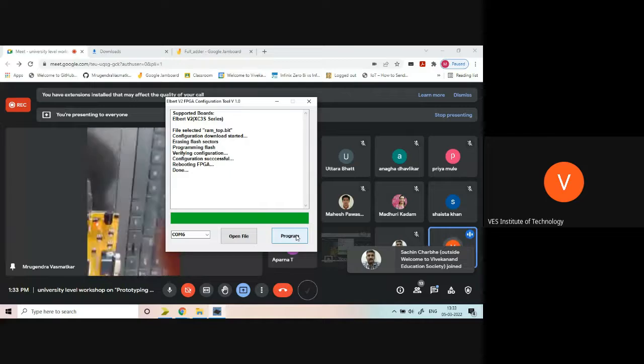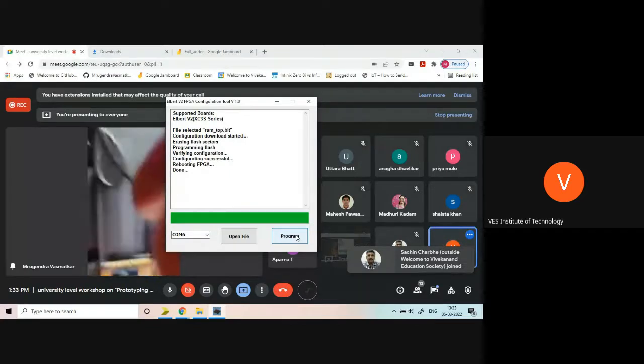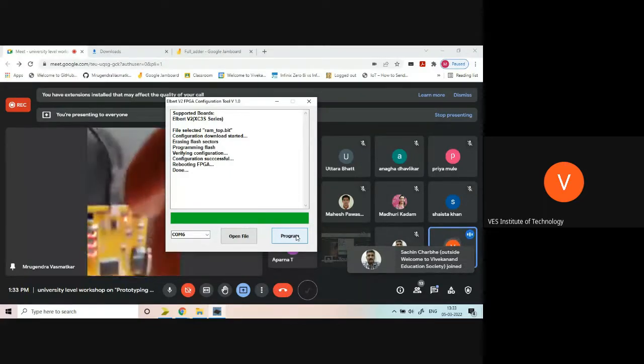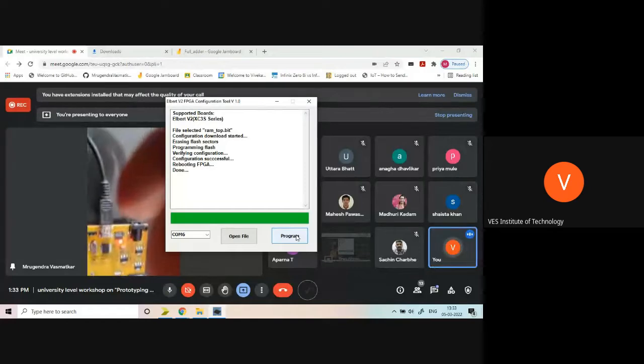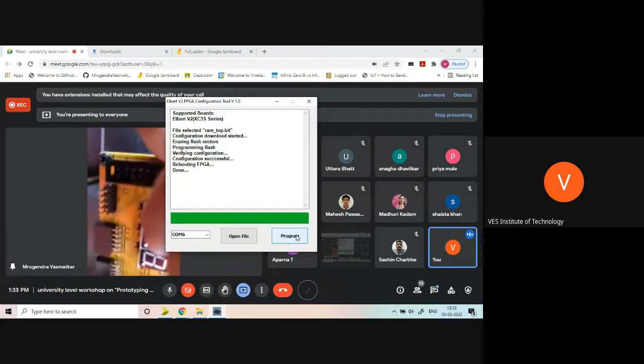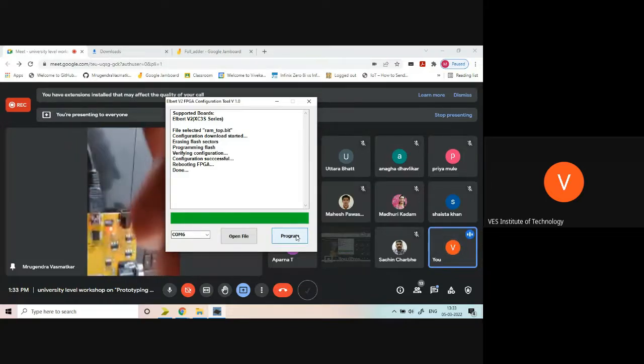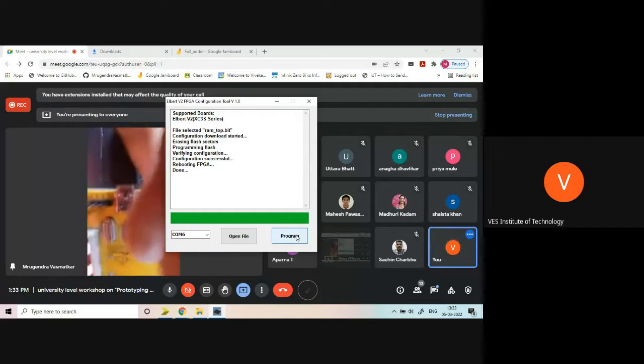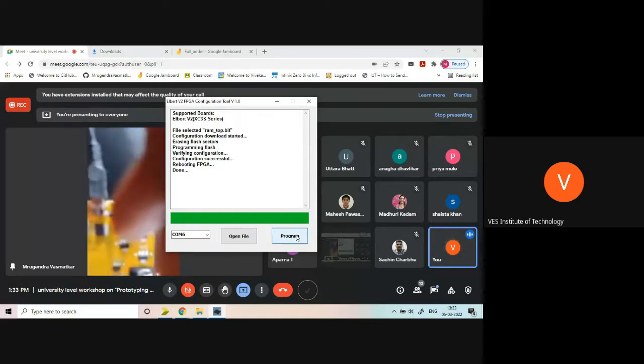Will you be able to see this? See, this fourth pin is my chip select. If I make it off, everything is off. This is the chip select. And if I change the number, you can see the code also changes. See this, 6. On the 6th location, 6 is stored.